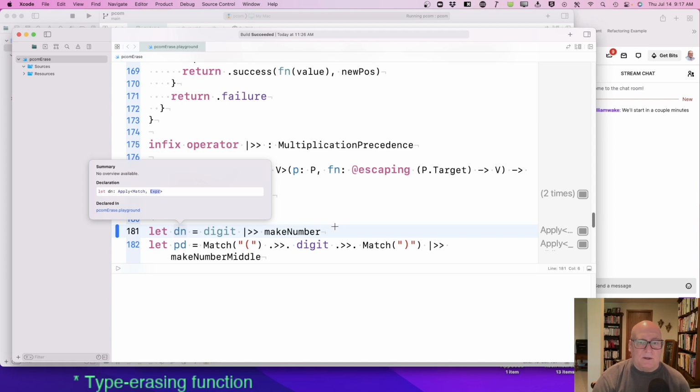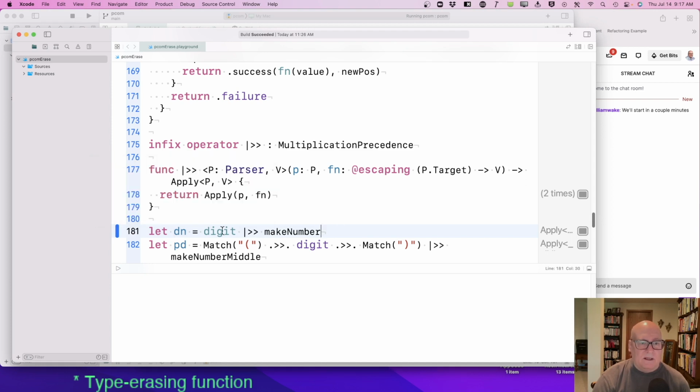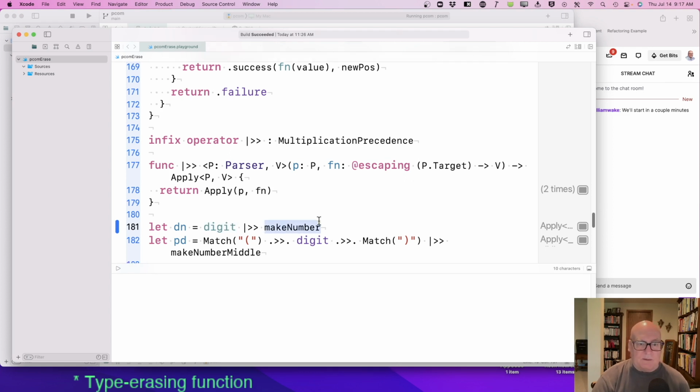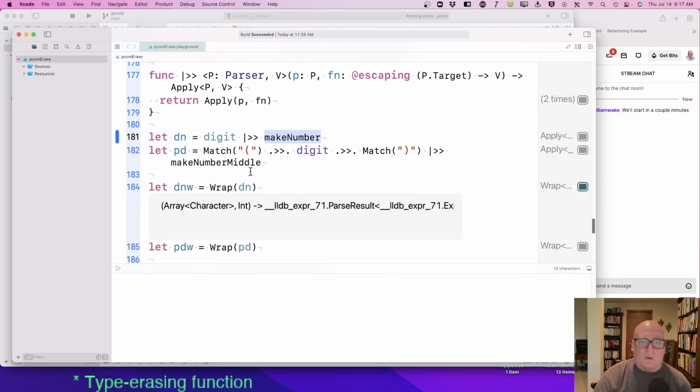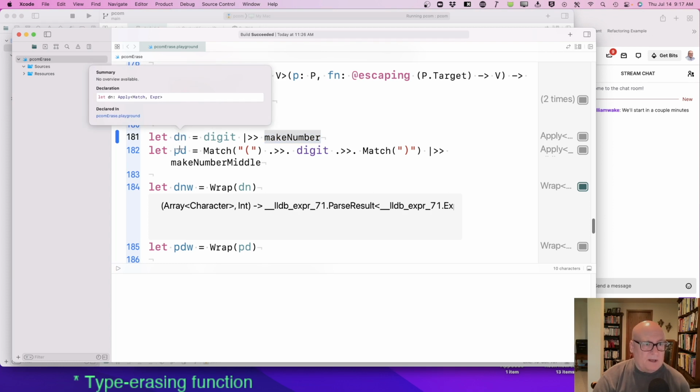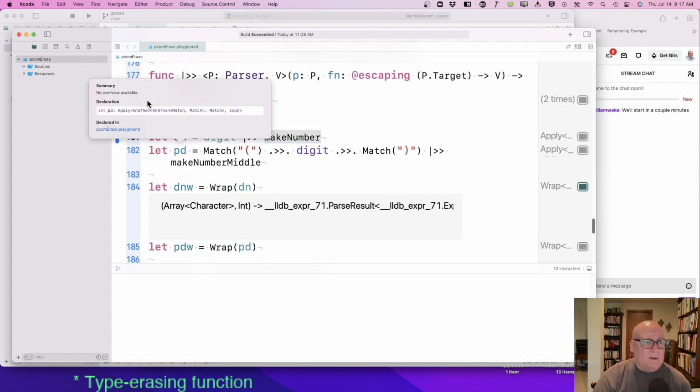All right. And so that gives us the ability to switch domains of things. So even though we start out in the character or string domain, we can get into our expression domain and build some expressions. Okay, look at these types: apply match expression, apply and then match expression.